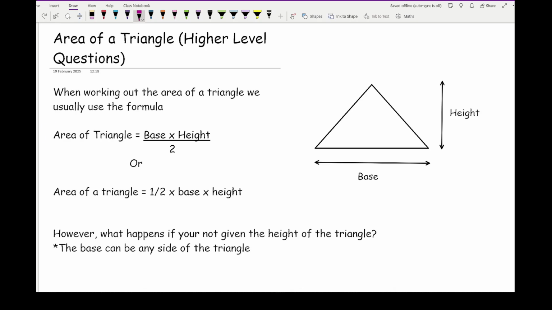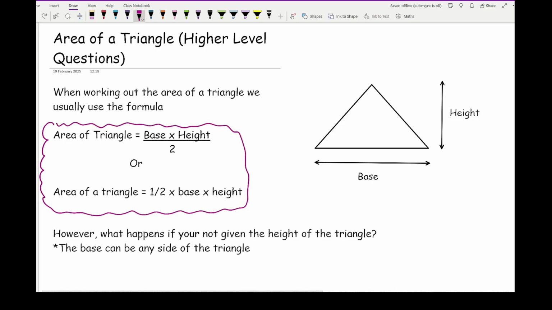And that should always be your go-to formula whenever you're asked to work out the area of a triangle, so you're not making an easy question more difficult. However, what happens if you're not given the height of the triangle? And obviously with regards to the base, although you may think that the height and base of the triangle are sides of a triangle,